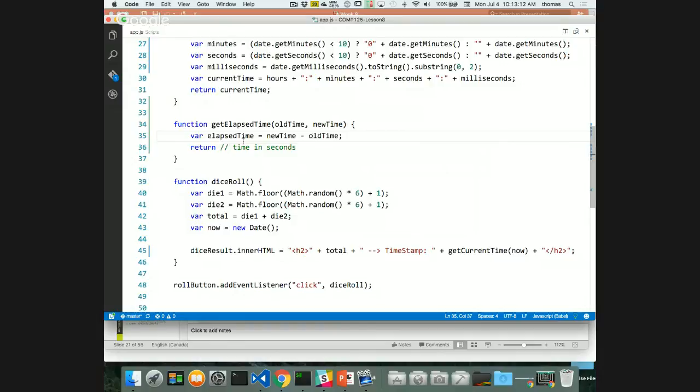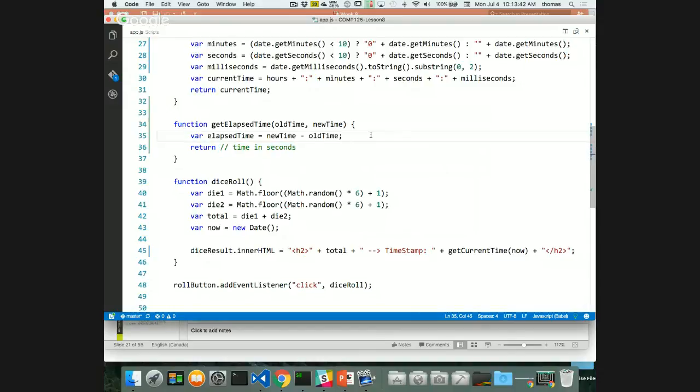And what I want to do is get this elapsed time and convert it back into a string that gives me seconds. So maybe I want to call this get elapsed time in seconds. I don't know if I really want to be crazy, but that's what I want. So my elapsed time in seconds, how do I calculate that? Well, my elapsed time in seconds is going to be equal to milliseconds, and I want a new date